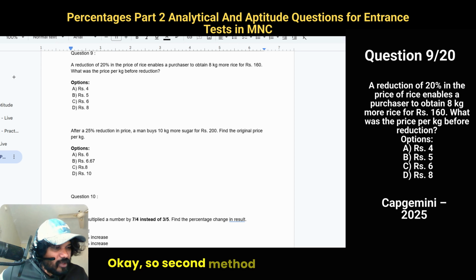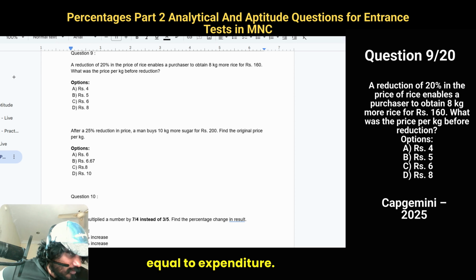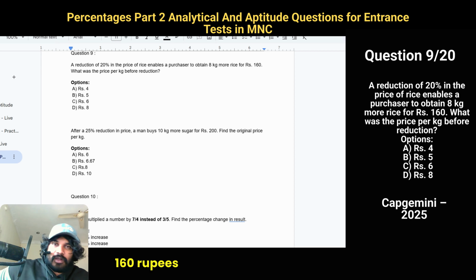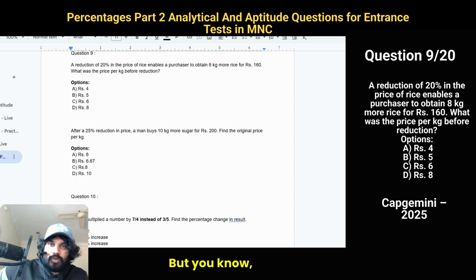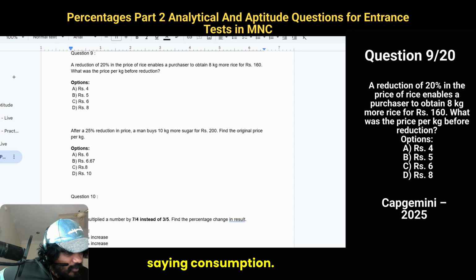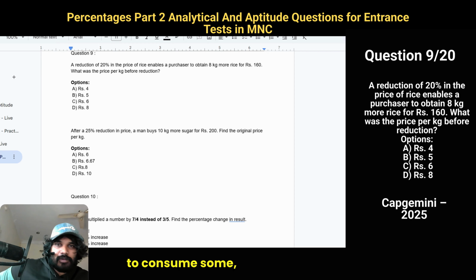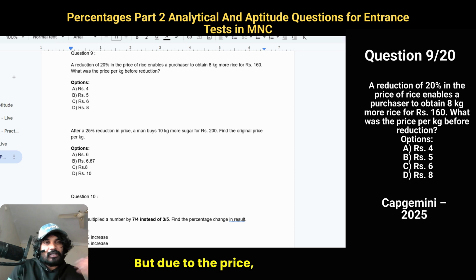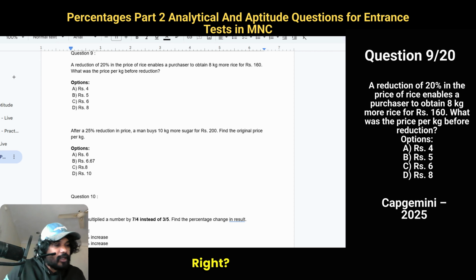Okay, so second method. You have price into consumption equal to expenditure. Expenditure is the same in both scenarios, 160 rupees. Price has decreased, but you got 8 kgs more. So consumption equals expenditure by price. He's saying previously he used to consume some quantity, but due to the price change he's consuming more, right? So it would be 160, the expenditure, divided by